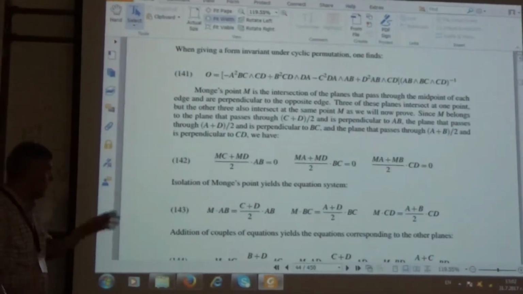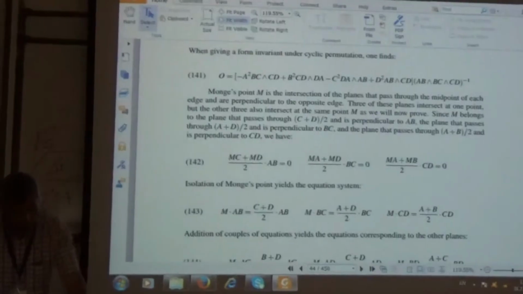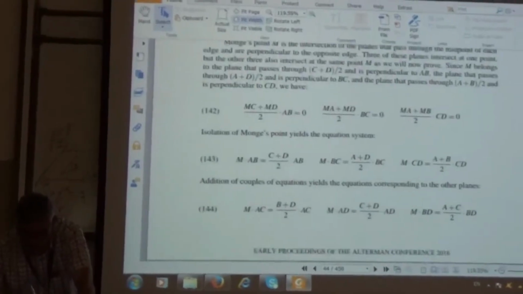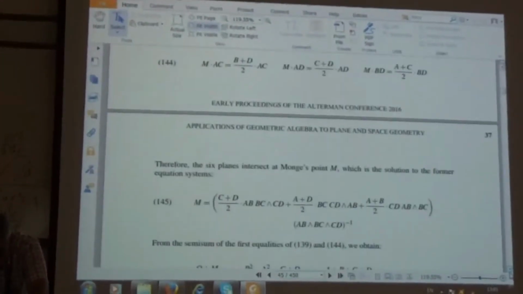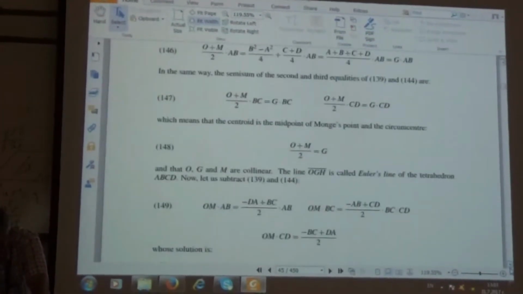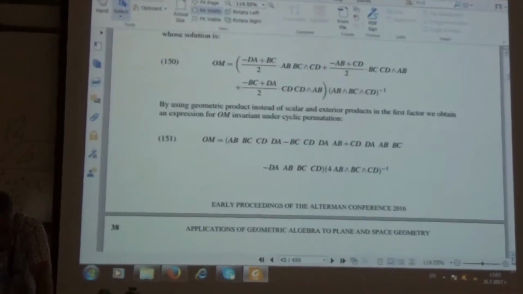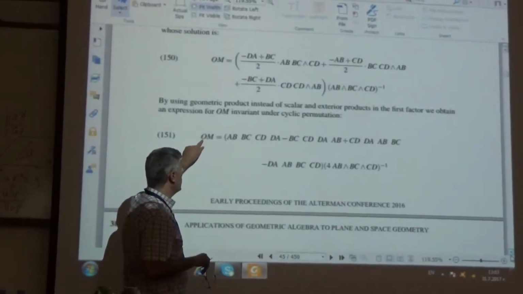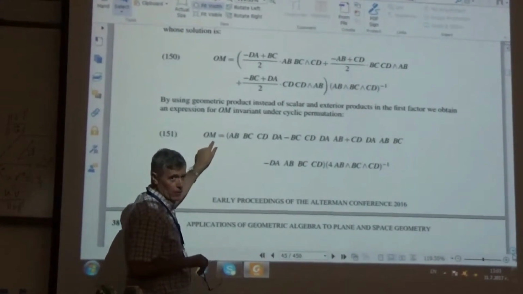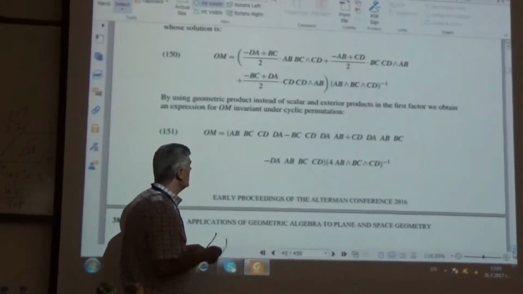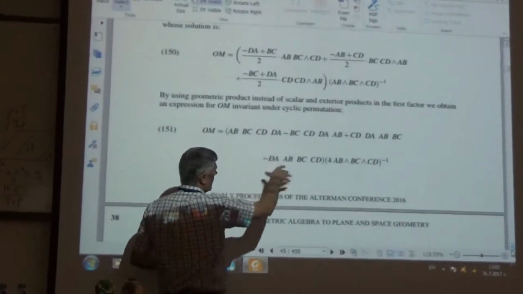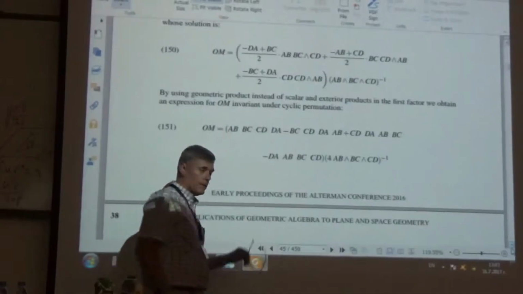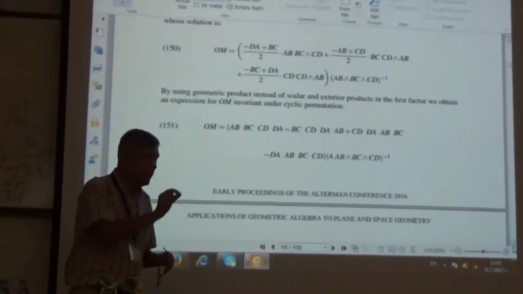And usually, as always the case, with geometric products, not with scalar products, not even with exterior products, only with geometric products, the result is this. The vector from the circumcenter to each point, which is the direction of the Euler lines, is this combination, these geometric products of the sides of the edges of the tetrahedron. Okay?